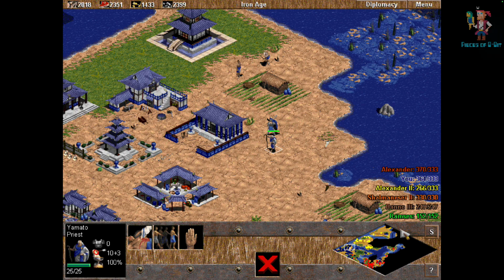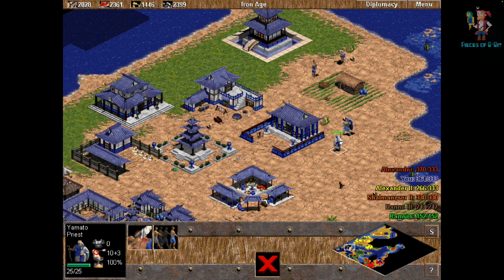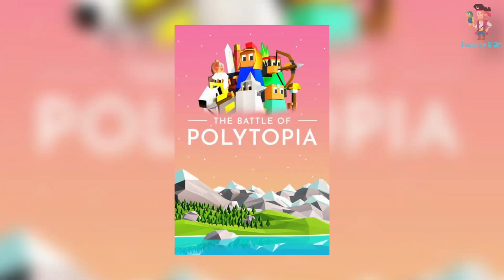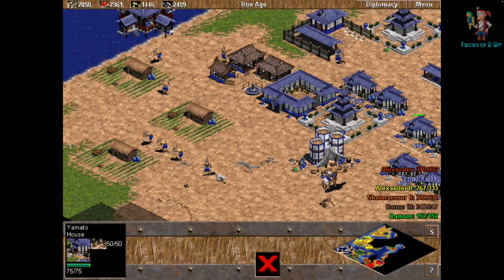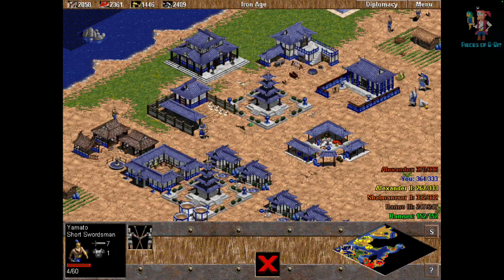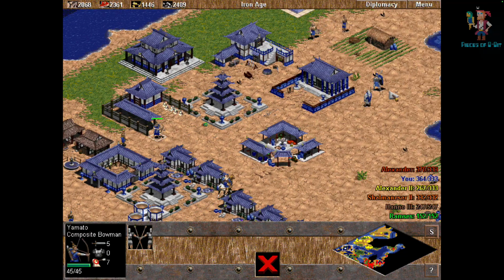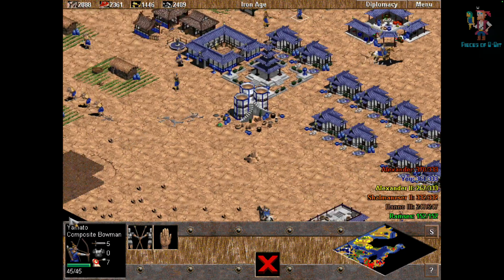It is really good, and I quite like the scenarios in there, but I quite like just playing a vanilla game where you specify your own setup. I also quite enjoy a game which I've mentioned before called Polytopia, which is a modern take on Age of Empires, really, which you can play on your iPad or your iPhone or your Android device or whatever. That's quite a fun little game, and I played Polytopia, and I then had to go find Age of Empires because I just really enjoyed it.